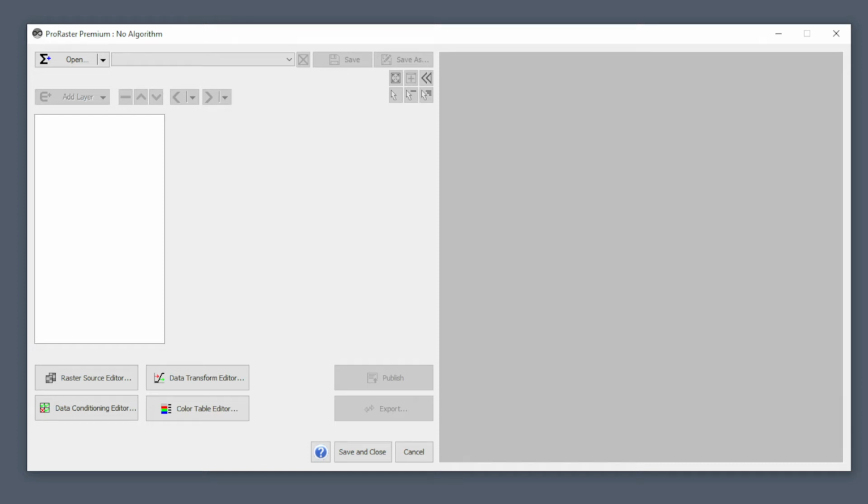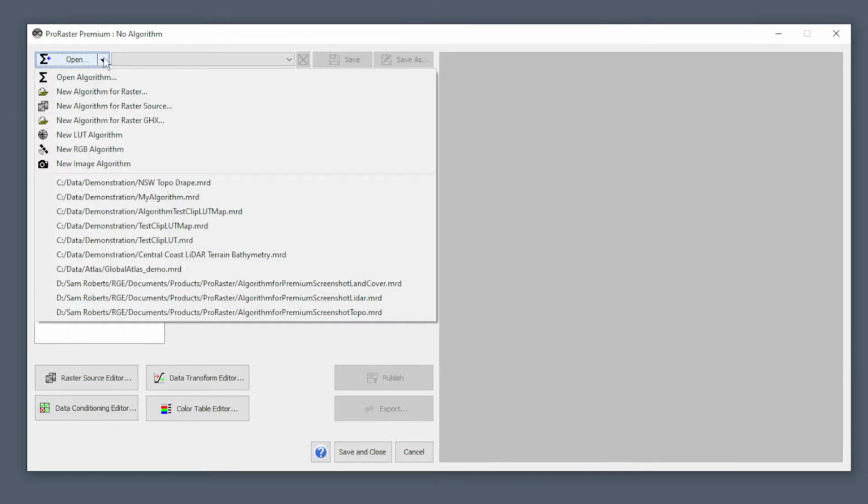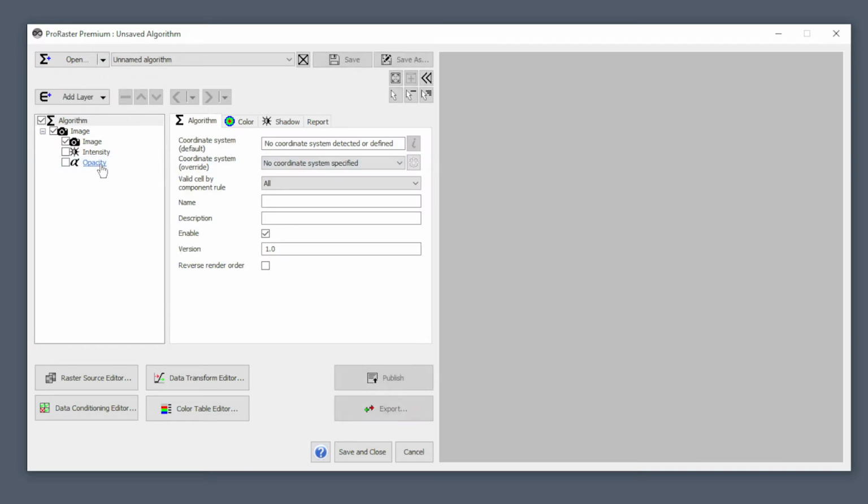Let's look at the image layer in ProRaster. I'm using ProRaster Premium. So I'm going to add a new algorithm with an image layer. In an image layer there are three components. Firstly, the image, which acquires color data from a color data band in a raster. Then the intensity component, which provides hill shading. Then the opacity component, which allows you to modulate the opacity or the transparency of the image on a per